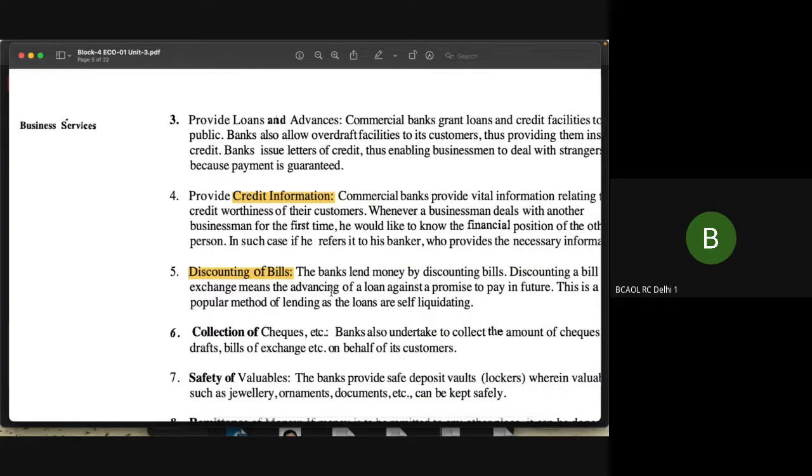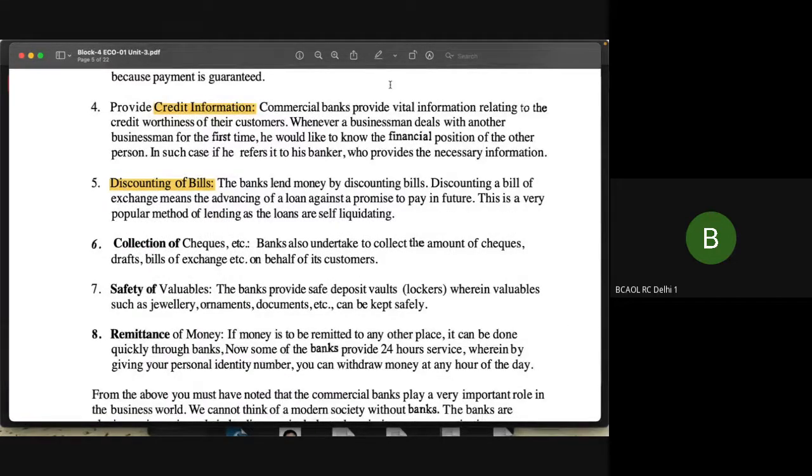Again, majority of the business, I would say like 99%, is being done on credit. Credit means borrowing, on loan. Business happens on credit, and that is why the bill of exchange comes into play: don't pay today, pay later. So when you are dealing with